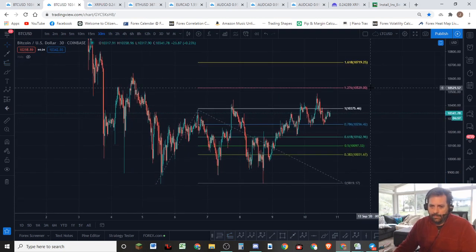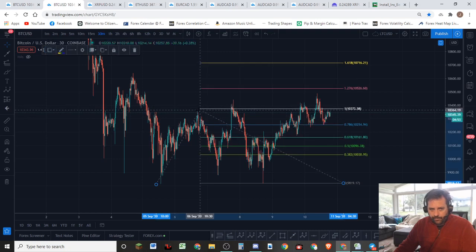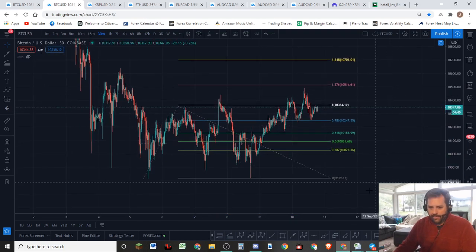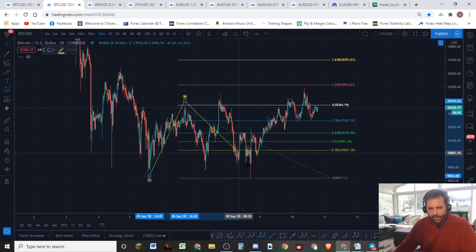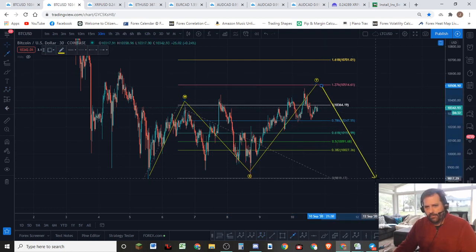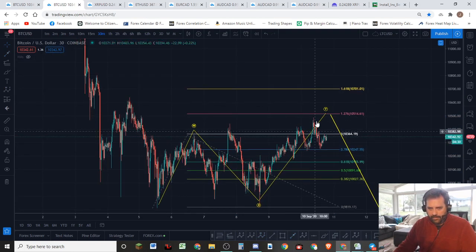127 is a better trajectory as far as finishing that. So if that's the case, then we've got a B and a C wave that could or could not be finished. May or may not be finished. Again, if this is a three wave, that's a W. This is X and this is Y, and it's done. So that's a conclusion we come to from an Elliott wave perspective, okay? And then we're heading down from here. We've already begun the down trend.